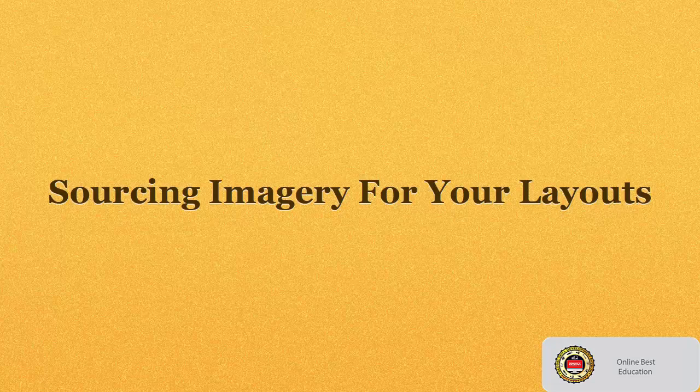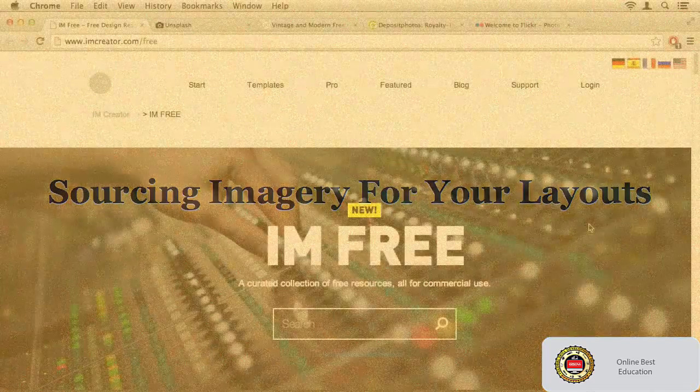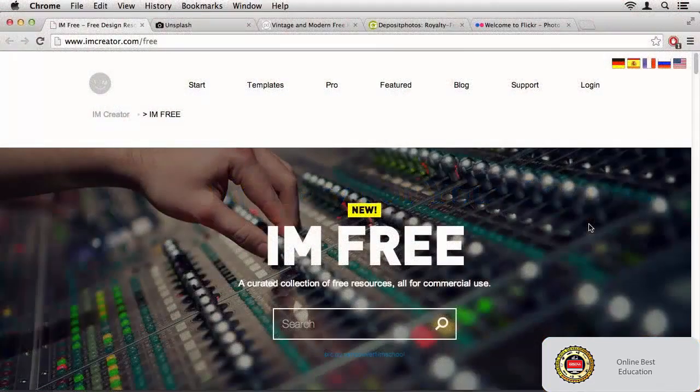Okay, and I really have to stress here that when you're putting together your designs, you do not want to infringe on copyright. That's a big deal these days, especially when it comes to things like fonts and photography. Okay? So, to get us started here, here's a small handful, as I say, of free resources that you can make use of online. The first resource that I want to show you here is a website called